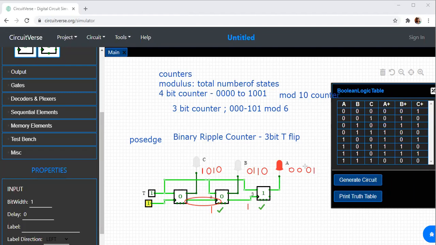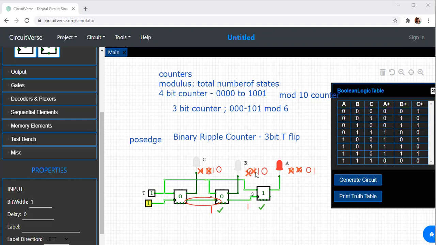So this is how you're going to get the output. So previous state, next state. Initially it will be 0, 0, 0. The second one, if you can see, I'll stamp it for you. It is 0, 0, 1. What is the next one? 0, 1, 0. It is verifying the truth table.